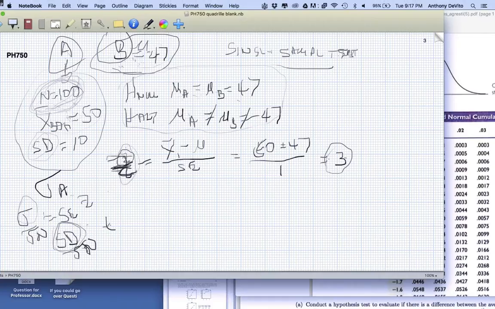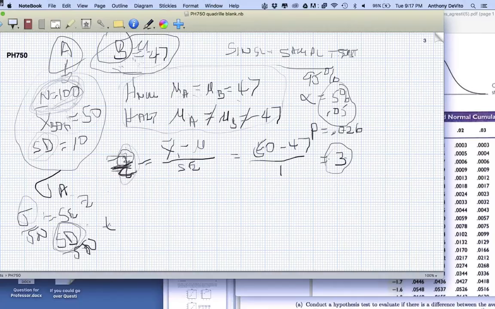Maybe a better way to phrase that is to say, being 95% certain is the same thing as saying that I can accept a type 1 error, an alpha error of 5% or 0.05. Okay, I'm willing to accept that level of error. Okay, now what is the level of error? I called it P, or SPSS calls it significant. The level of error that I have is equal to